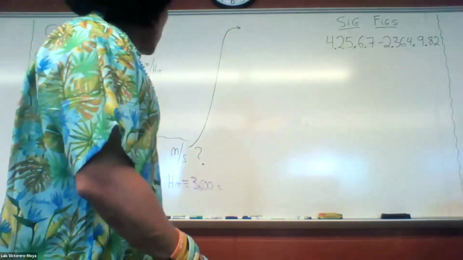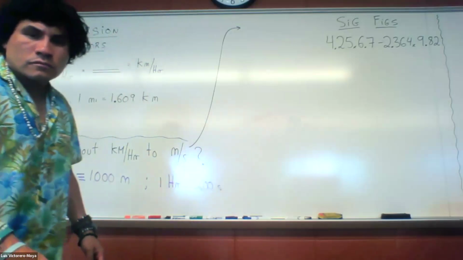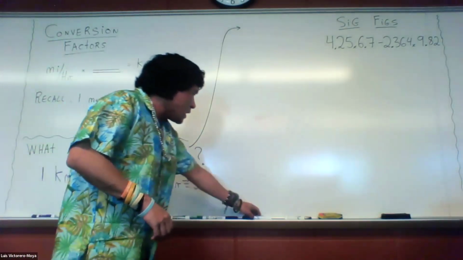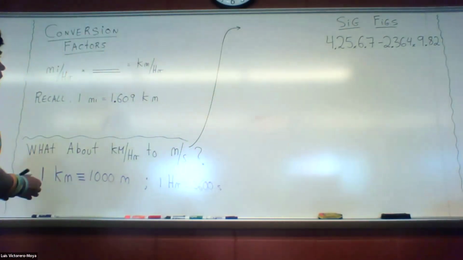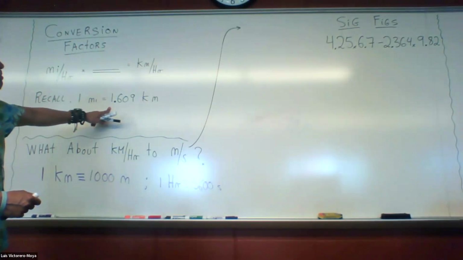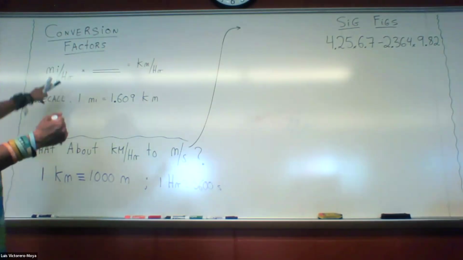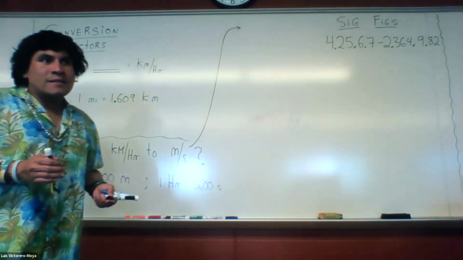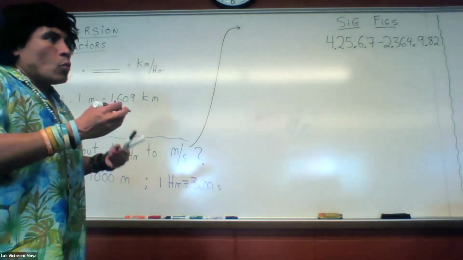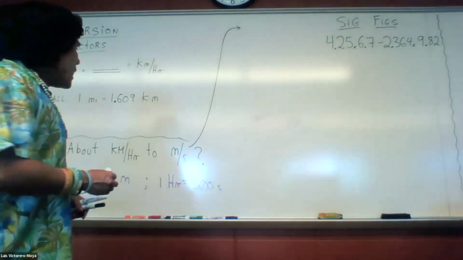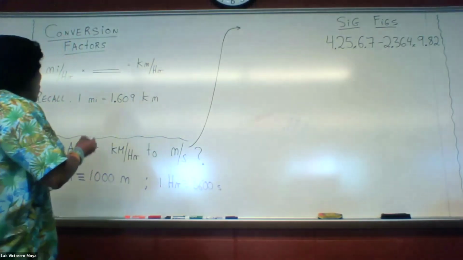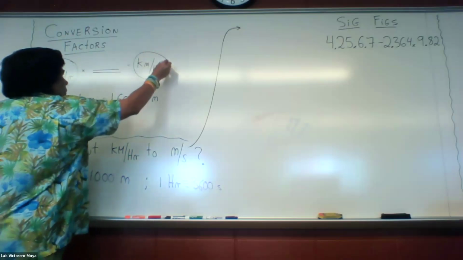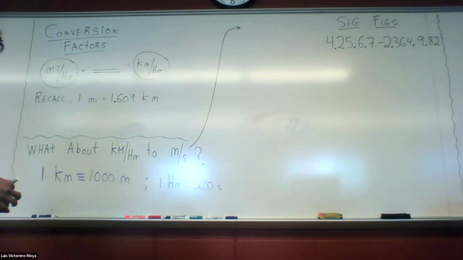All right, so let's review. Let's review a little bit on conversion factors. There's a question in assignment 1 about conversion factors. We went over this yesterday, right? Miles per hour to kilometers per hour. A conversion factor normally is just a number, right? Like, what is the number or fraction that will allow you to go from, say, miles per hour to kilometers per hour? Like I showed you yesterday,